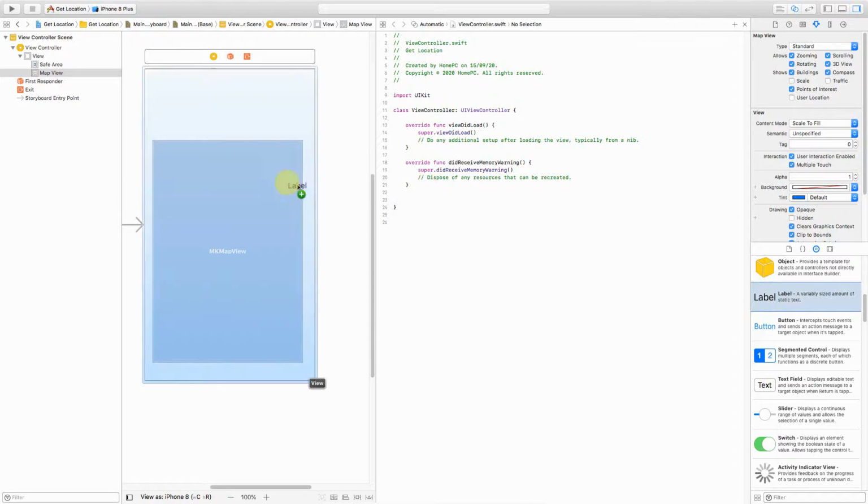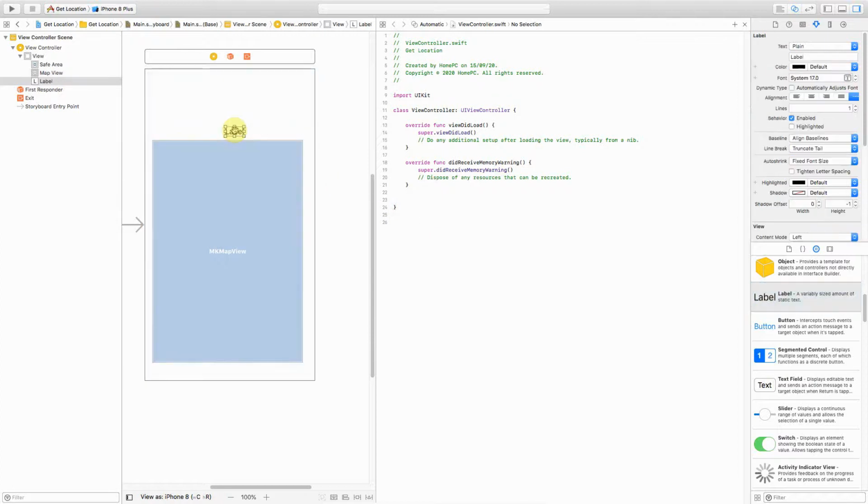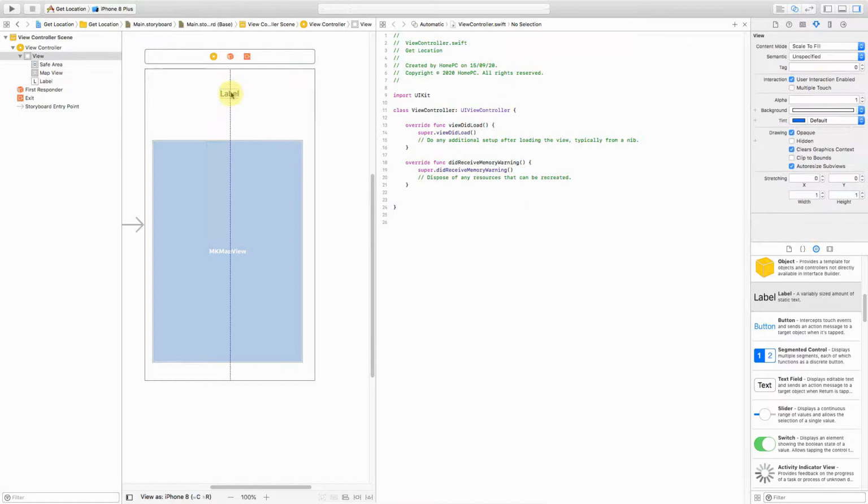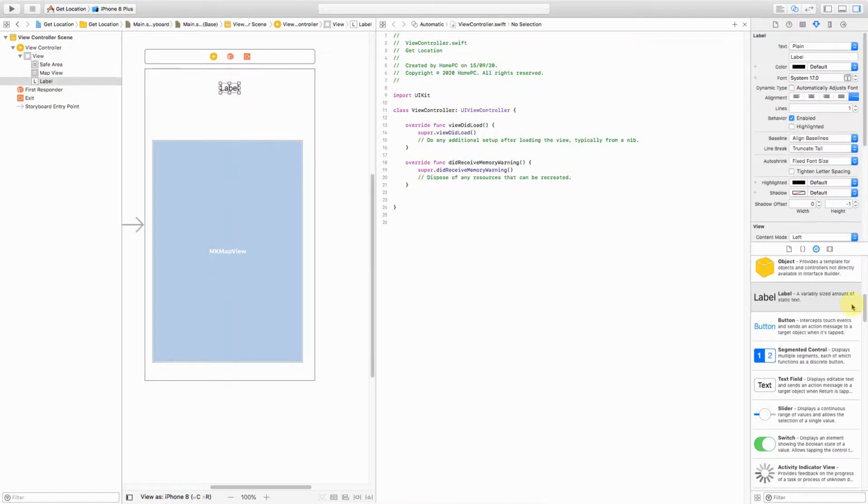To add a label, you can just add a label like this. Yeah, so probably I use two label blocks. One is for latitude and the other one will be for longitude. So I'll add one more quickly. Okay, I think I couldn't capture it. I'll just, yeah, this is better. Perfect. I'll just rename it latitude